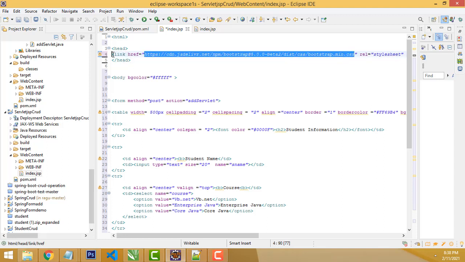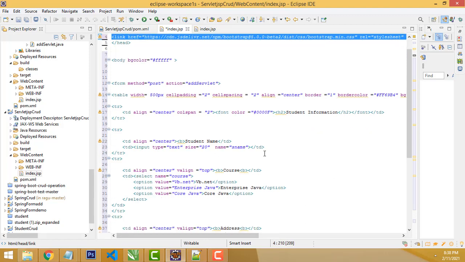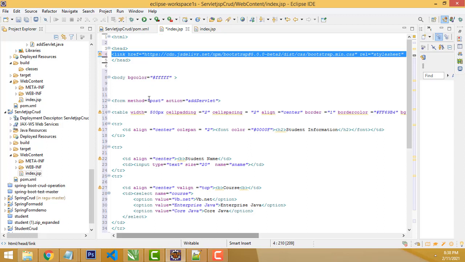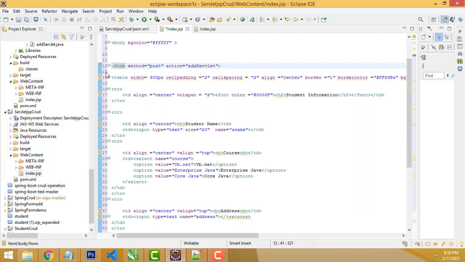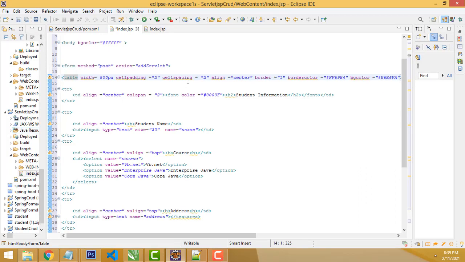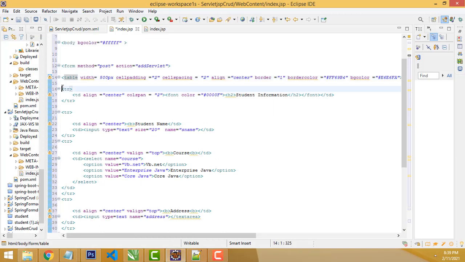So for this one, the link should be the Bootstrap, right? The Bootstrap link I have linked it, but I am not giving the Bootstrap styles over here, right? We can give. Okay, so after that what I did is, it's our body, right? Inside the body we have created the form, simple form, right? Inside the form we have created a very simple table, looks like this. It's a table, right? For this table I have given the fields, right? These are the fields. This is the heading, Course plan to student information.